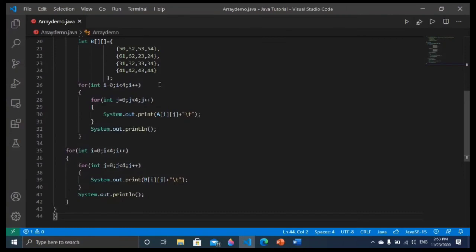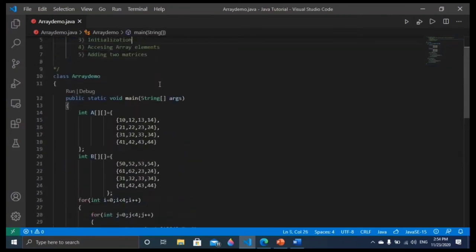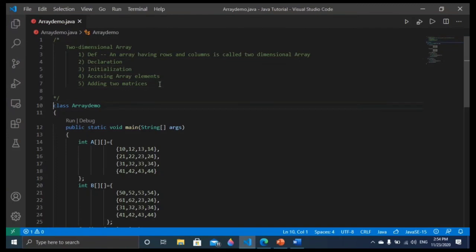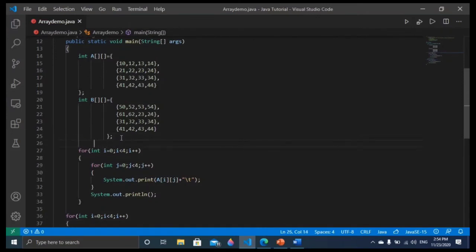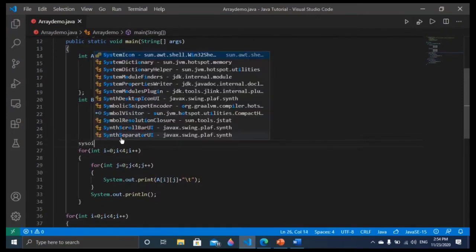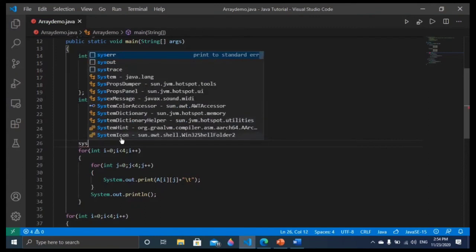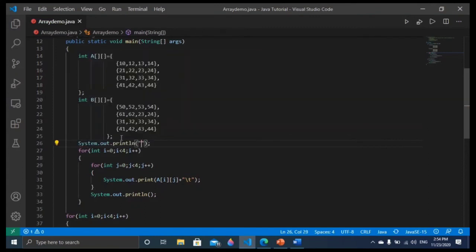So let me print a message over there. Here I want to print a message. I will write cout here, and here I will show the message matrix A. And the same thing I want to copy and paste here, and I will make changes here.